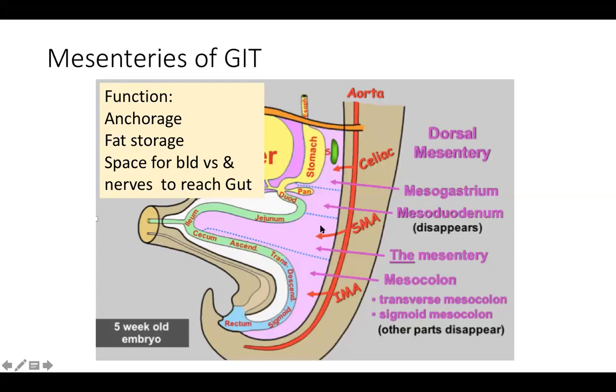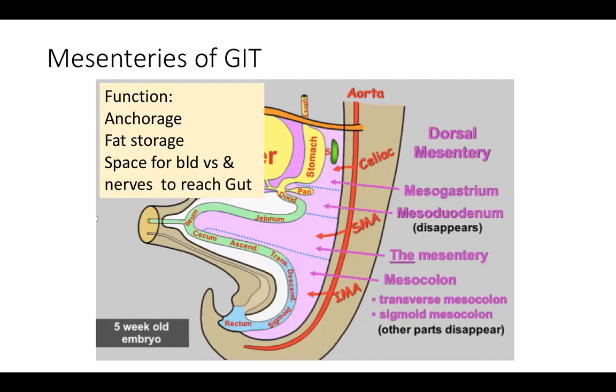So like the vascular supply persists, similarly the notion of the mesentery persists in adult life. The ventral mesentery more or less gets absorbed. The dorsal mesentery of the foregut persists in adults in the form of the lesser omentum. The midgut mesentery is the mesentery that we all are aware of, while the hindgut mesentery is almost absorbed, except that it can be understood as the remnant, which can be seen as the mesorectum.